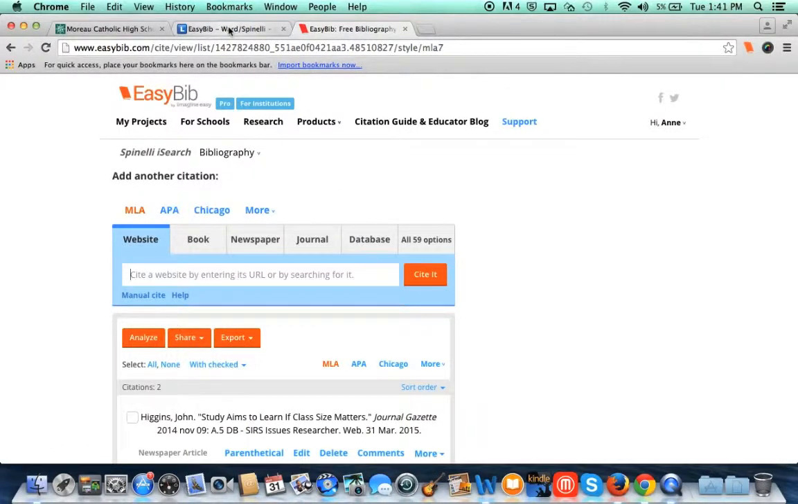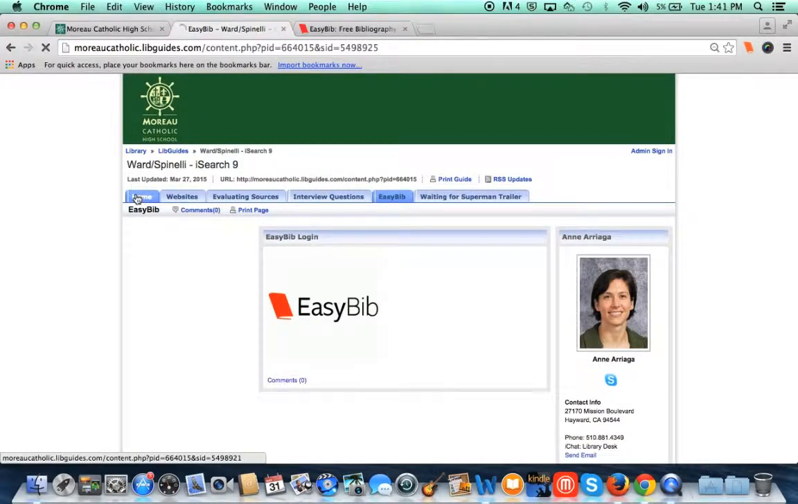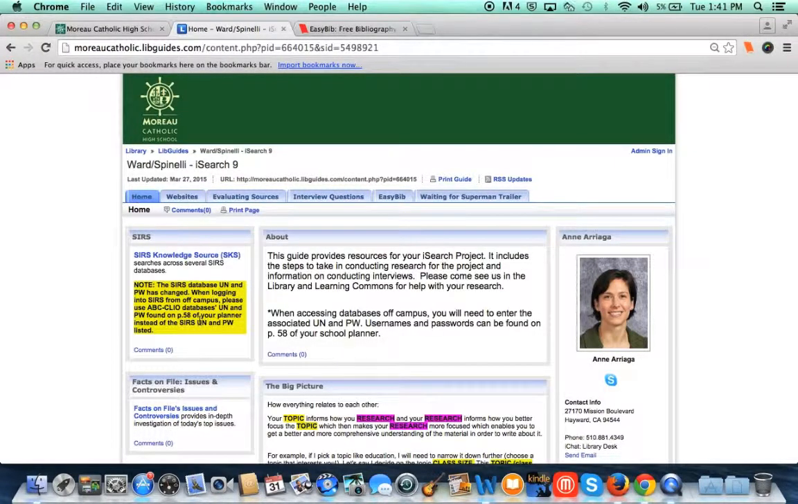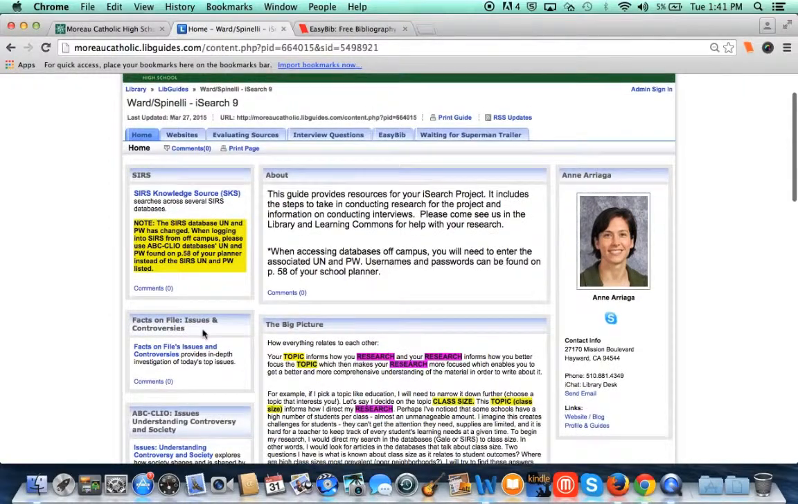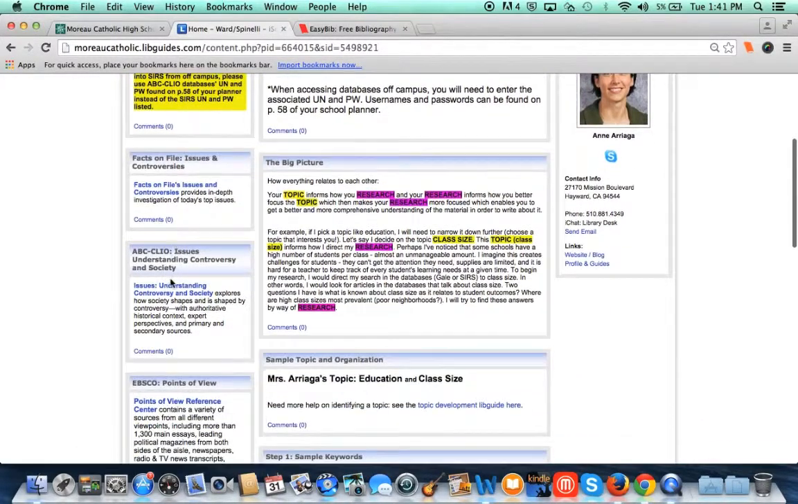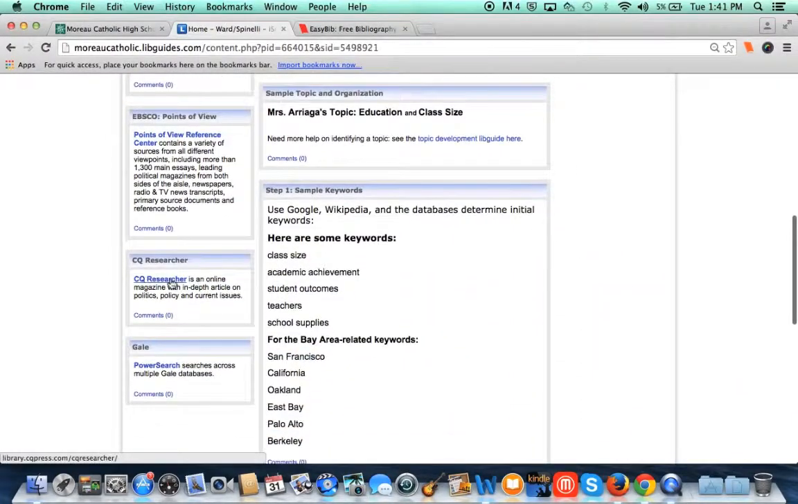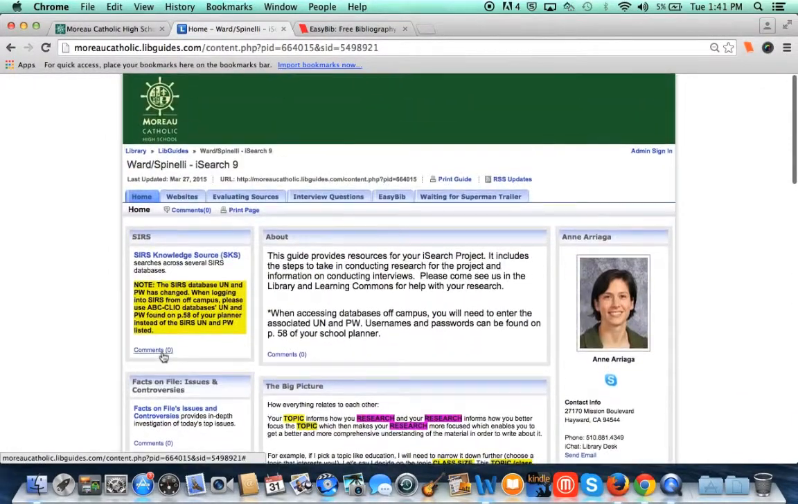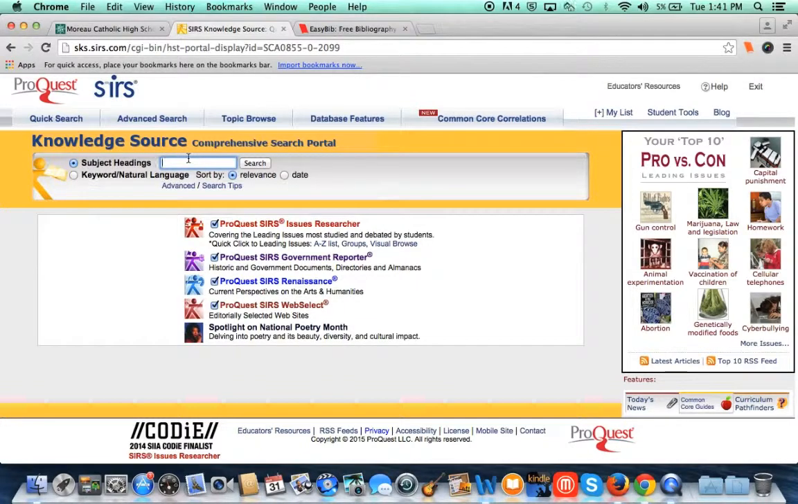If I am using one of the databases that EasyBib has partnered with, I will be able to cite directly from the database article I'm using. So EasyBib has partnered with SIRS. It's also partnered with ABC Clio, and it's partnered with Gale, and it's partnered with EBSCO. So if I'm in one of these databases, and if I search for class size,